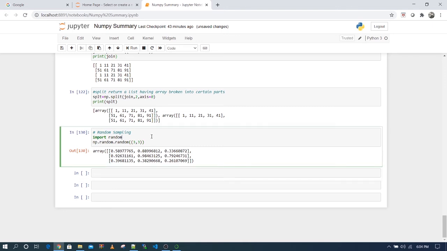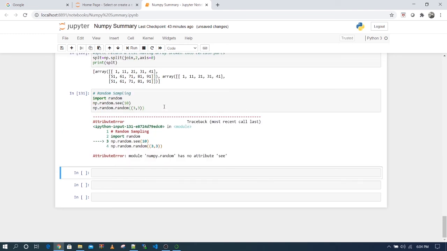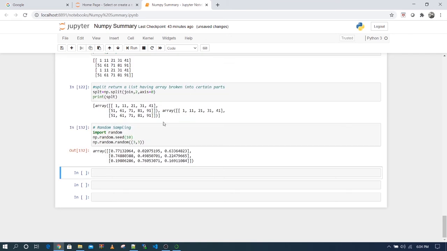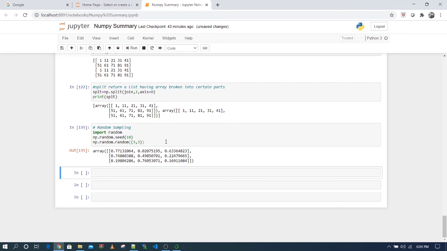If you want to get a fixed value every time, then you have to set something called a seed. The np.random.seed function is used so that you can get the same value every time you use the random function. So now no matter how many times you run, you will get a fixed value every time. It is a useful function and you have to remember this. It is part of the random package.